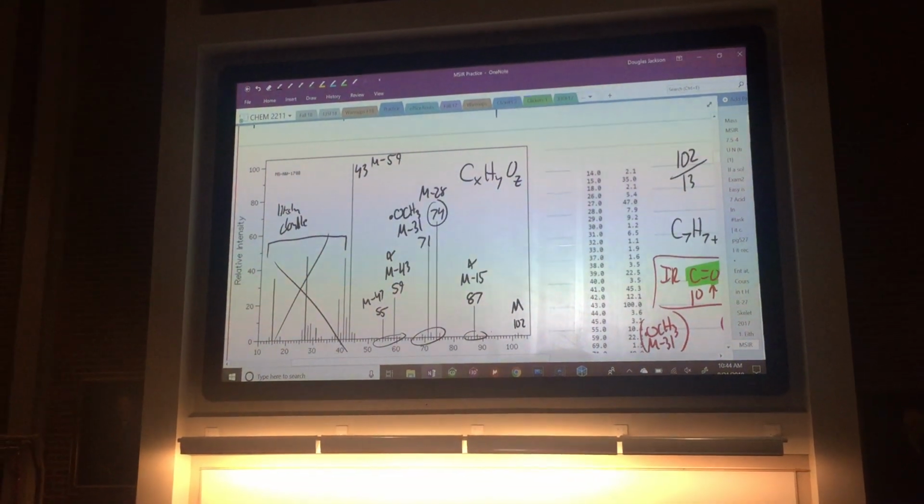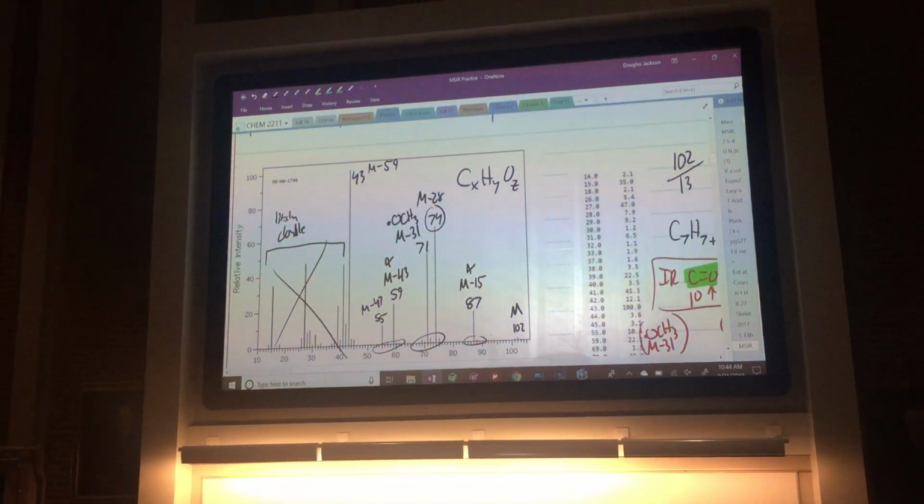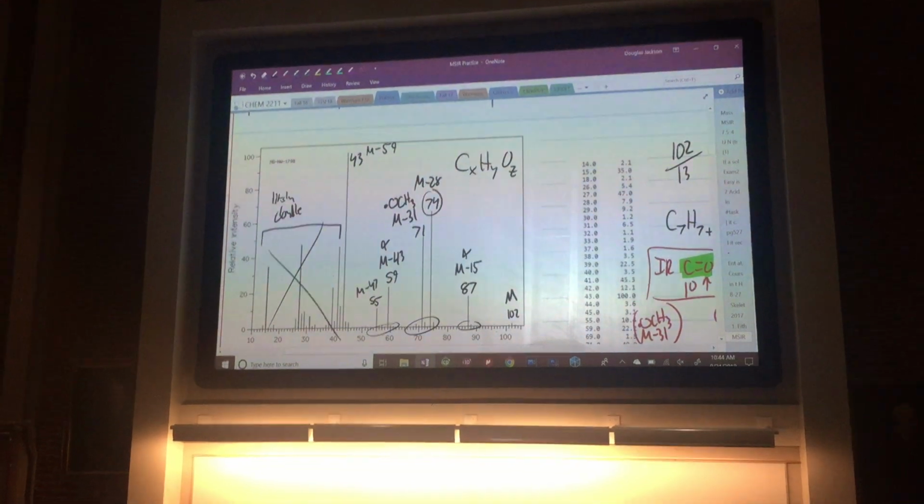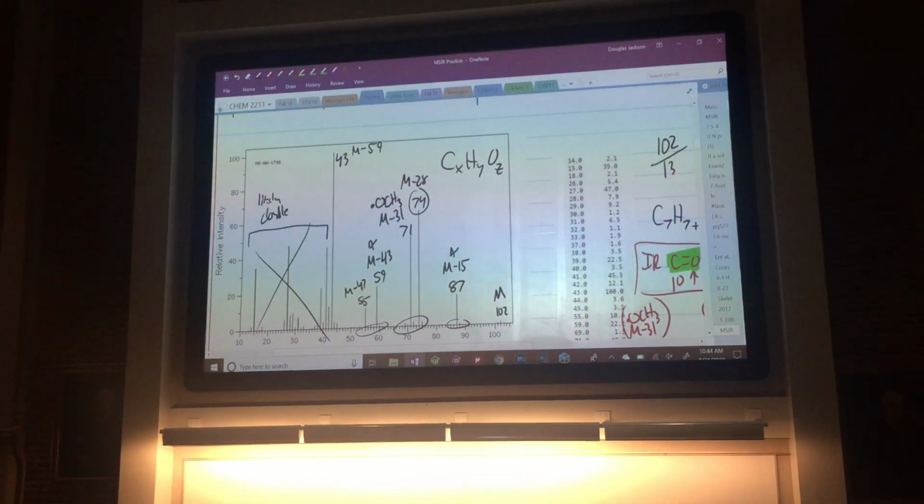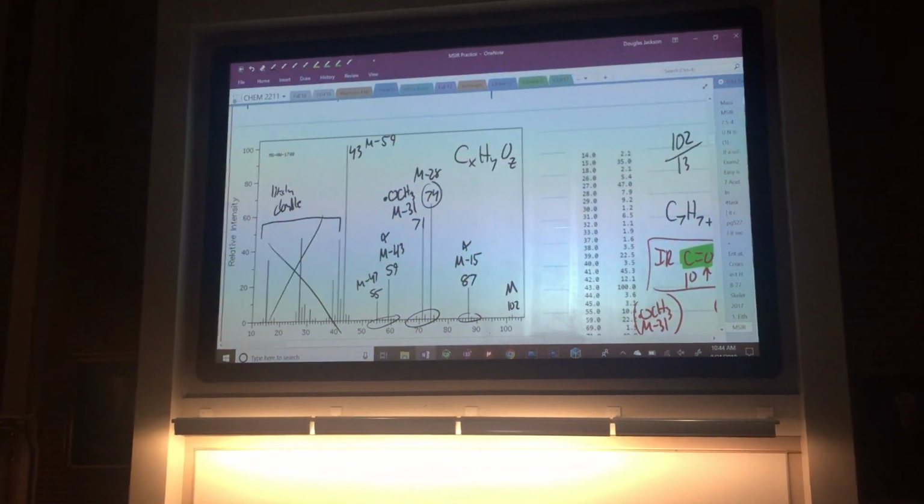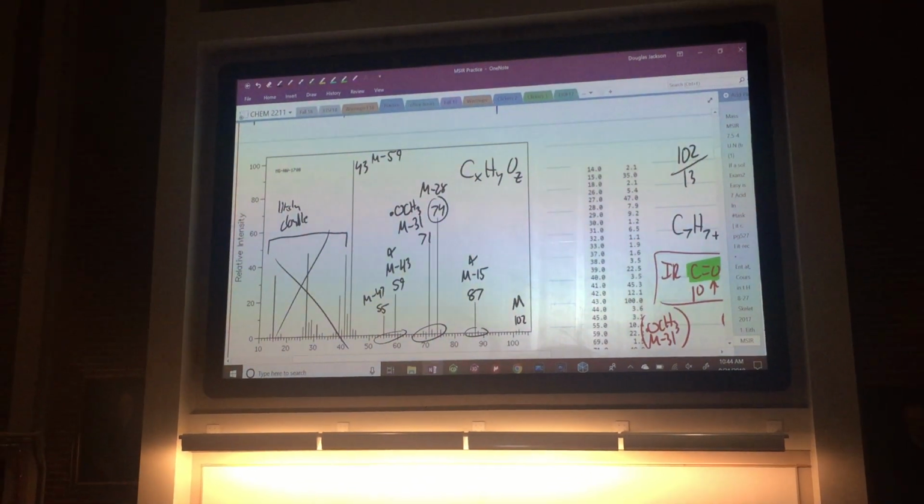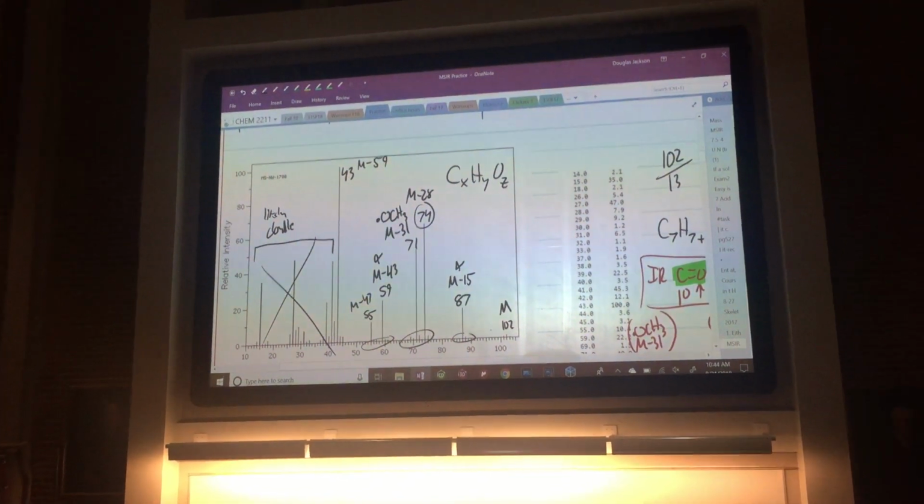Let's see if we can find something that agrees. All right, the highest fragments, the most likely fragments first. Well, we need a McLafferty. So what I would do